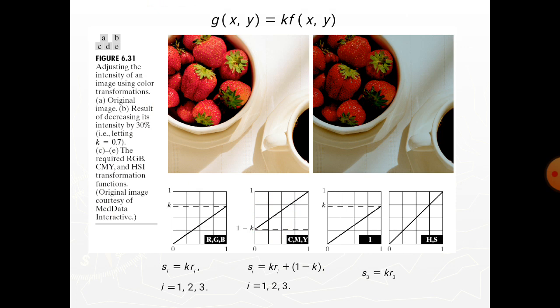The mapping functions themselves are depicted graphically in this figure. It is important to note that each transformation defined in this image depends on one component within its color space. For example, the red output component S1 in this equation is independent of the green R2 and blue R3 inputs. It depends only on the red, which is the R1 input.